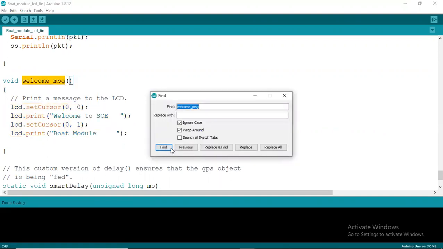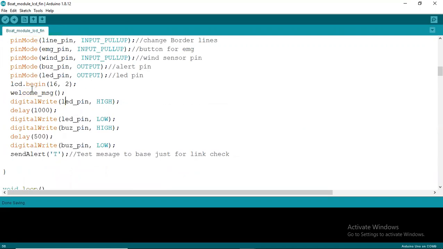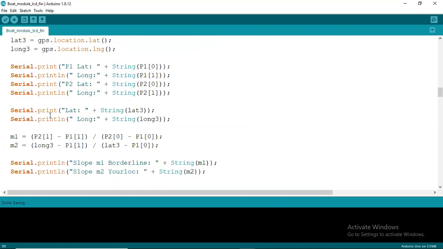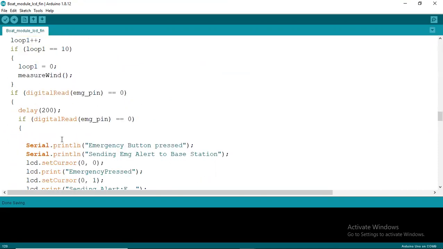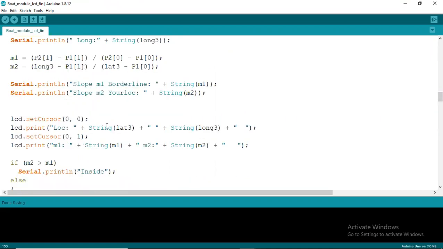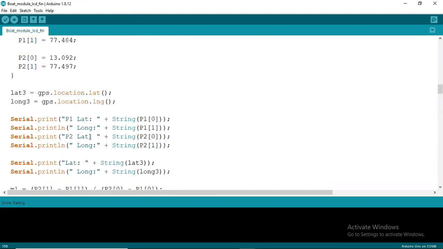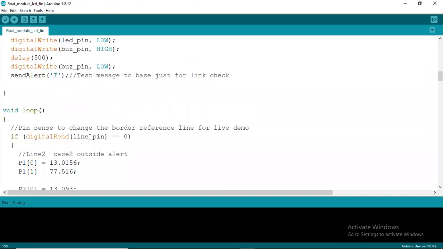I'll go back. Where were we? So in the setup also I call this function, and I'm calling it somewhere here also many times, here and here. So whenever the screen has some information, I'll change it again to the welcome screen. Like your phone, your desktop also. You have a desktop, always a welcome screen. Your phone also, your main screen. So you may go to some menu, when you lock the phone and again unlock, you will go to the main welcome screen.